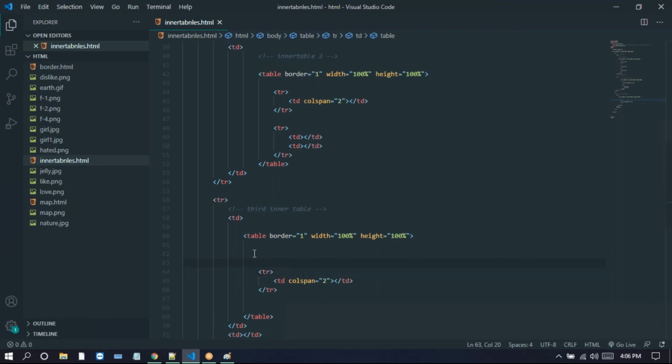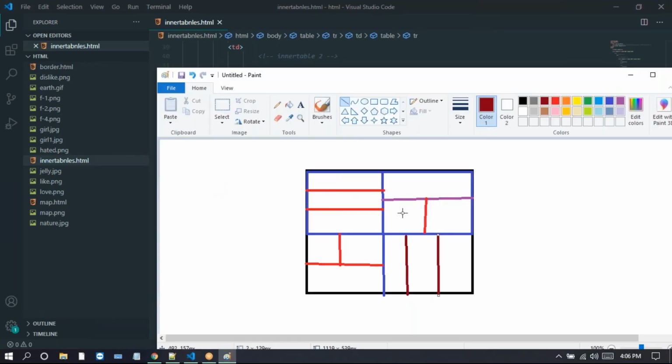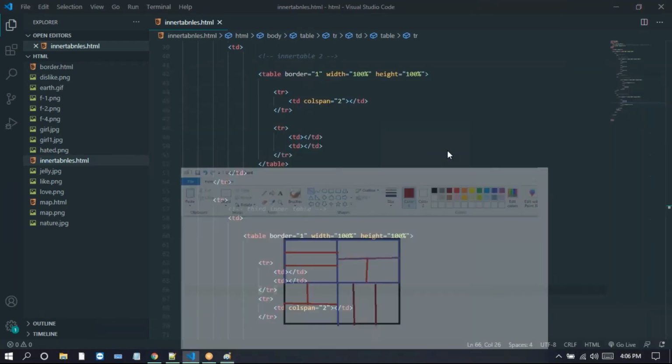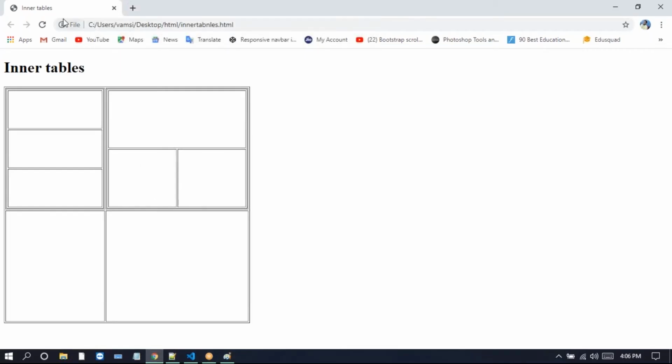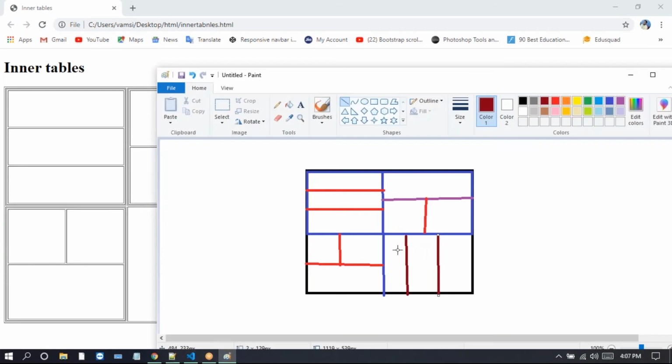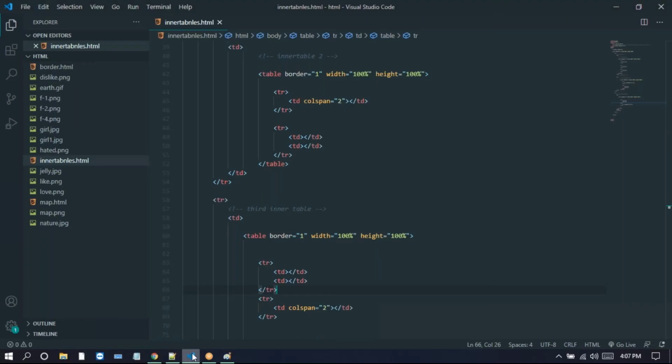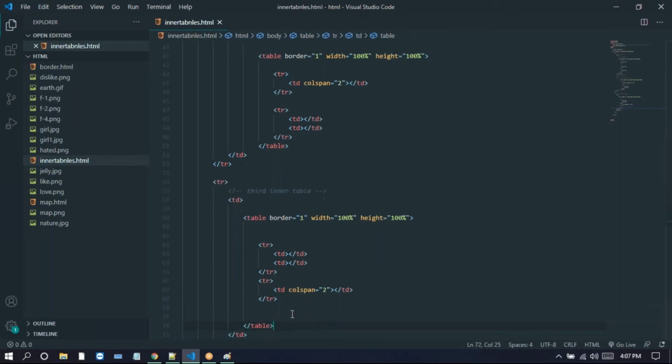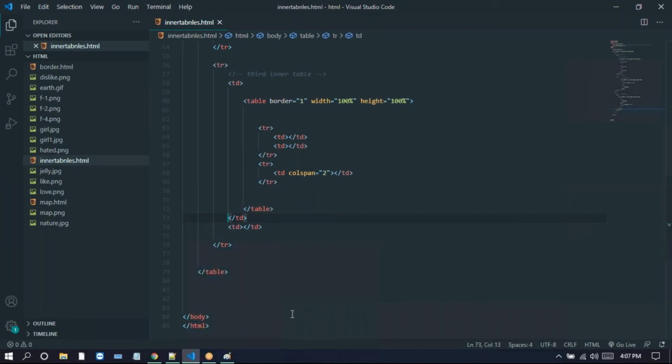Next, go to this paint here. Look at this one, they have only one tr. They have the three trs here. We just create a table for this. So we take the fourth inner table instead of a td. Here we put in the comment: this is the fourth inner table. For this fourth inner table, we take a table here. We just copy this table here.